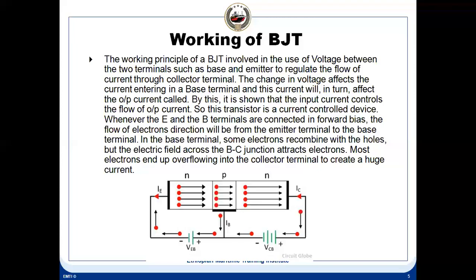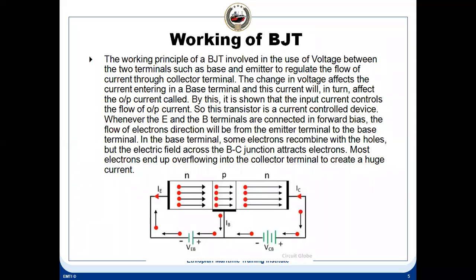So the emitter of the NPN transistor is heavily doped. So when a forward bias is applied to the emitter, the majority of charge carriers move towards the base. This causes the emitter current, and the electrons enter into the p-type material and combine with the holes. So as the base is lightly doped, few electrons combine with the holes, and the remaining constitute the base current. The current enters into the collector region. So here the amplification is taking place.